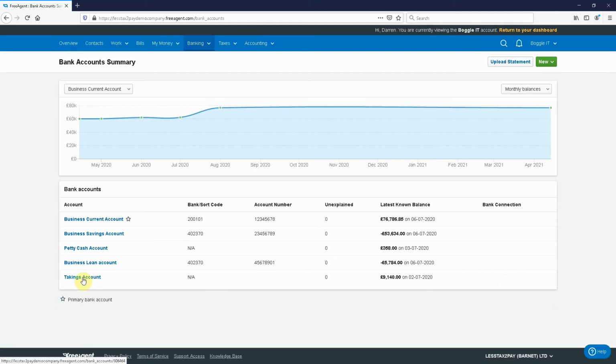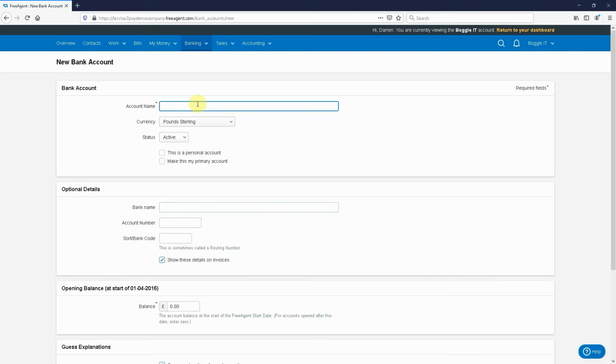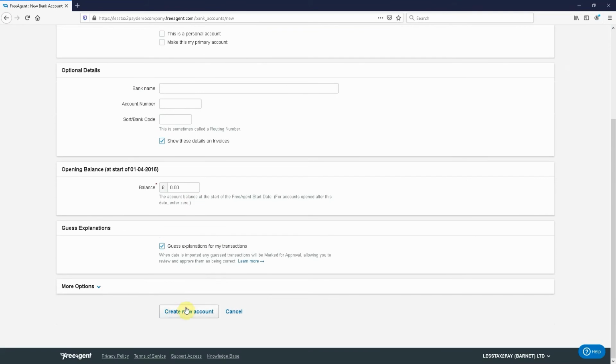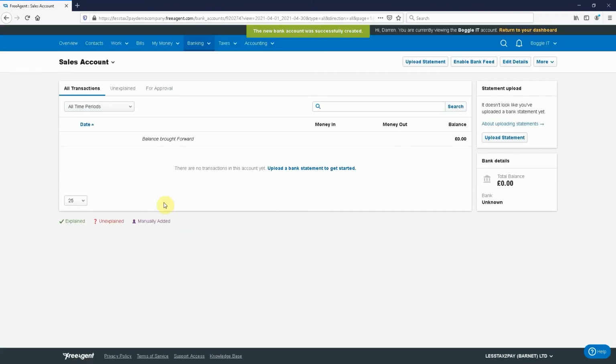As you can see here, I've already created one called Takings Account. The way you would create the bank account is go to New, Bank Account, and call it a name. So we've got Takings Account, or you can do Sales Account, Pound Sterling, Active, make this my primary no, optional details, bank balance, create new account. Okay, as you can see, that's created a new account,